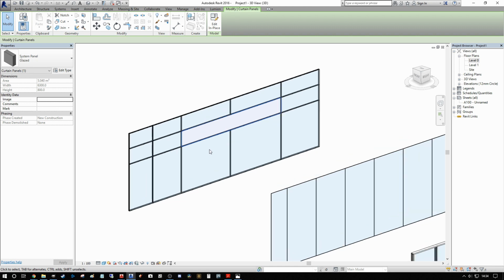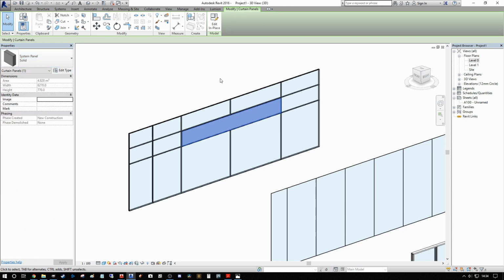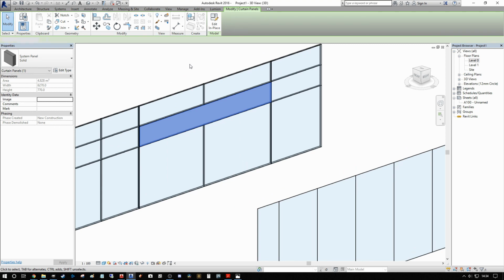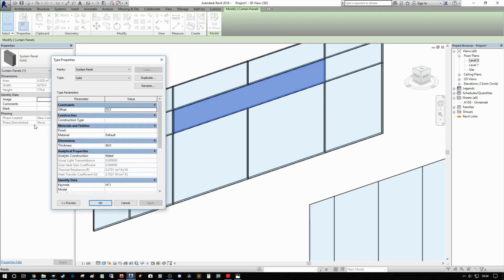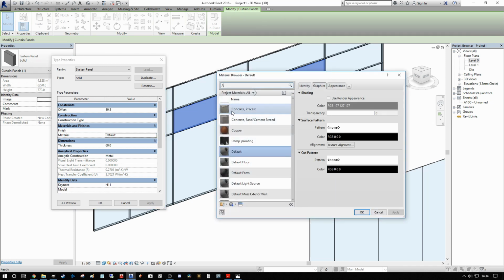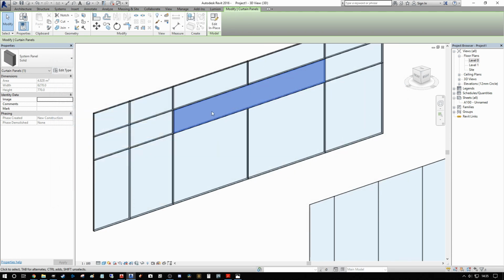When you're in the system panels, you start off with your glazed system panels as a standard, but you can actually go in and, yet again, the standard architecture template, you will have the options for glazed and solid. Now you can create your own from this as well. At the moment you can see that we have a solid and we have no material designation on our solid. So we can go in here and select aluminium to start, okay? And now we have a solid panel